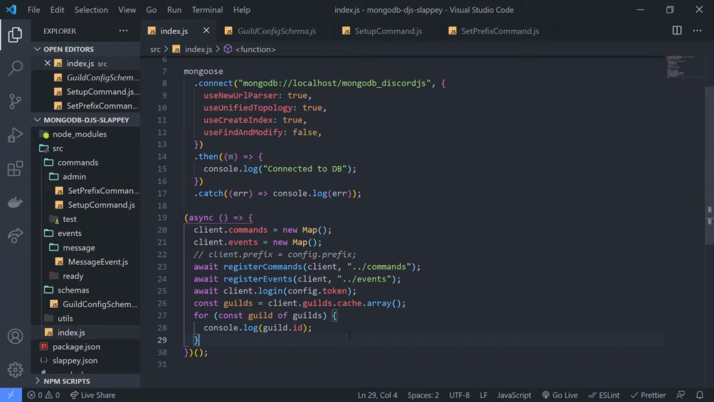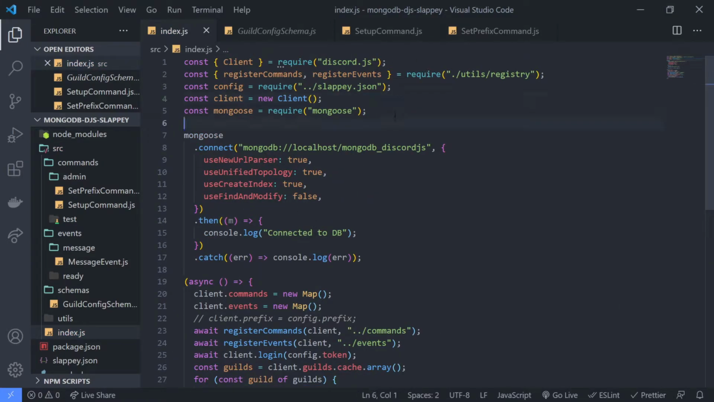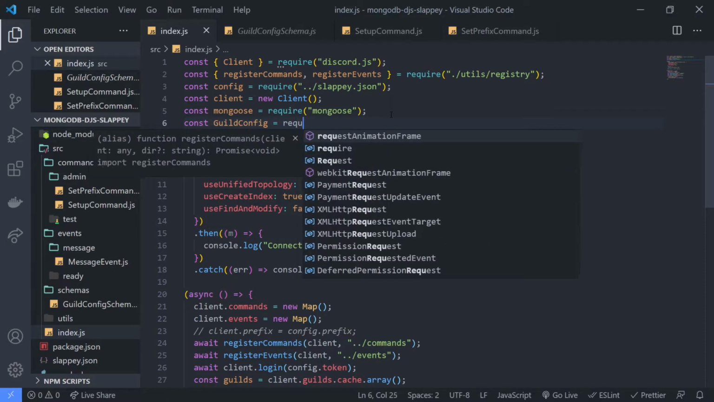But ideally, it'd be better if we use for const guild of guilds, so that way we can actually write cleaner code. So what I want to do is basically do const guildConfigDB equals await, and we're going to go ahead and fetch the guild config, and we're going to need to import that. So let's do that real quick. Const guildConfig equals require